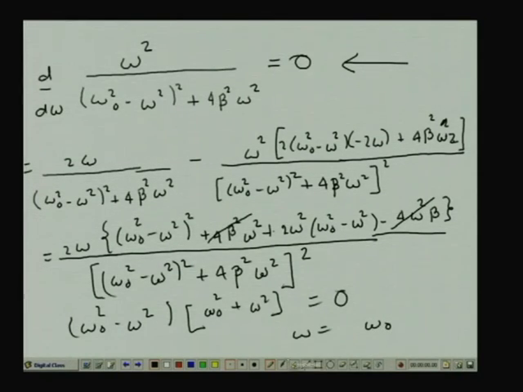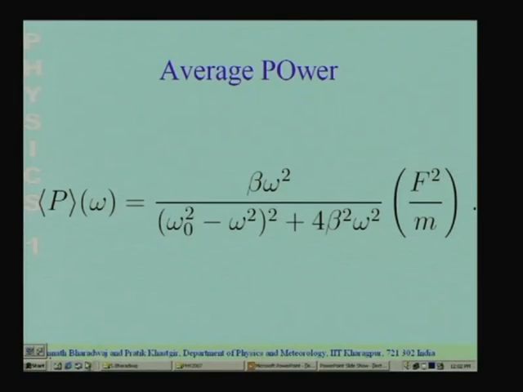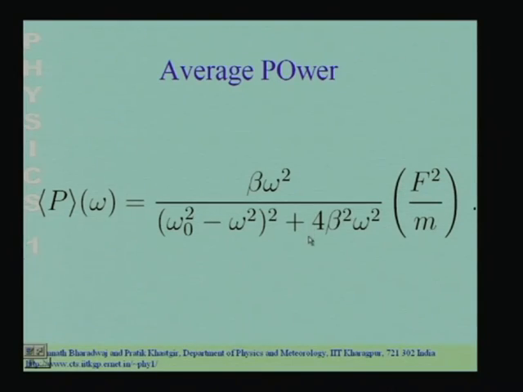So, what we see here is that the peak of this Lorentzian occurs at omega equal to omega naught, and you can check for yourself that the full width at half maxima is 2 beta. You could easily check that this is true only in the weak damping regime. So, in the weak damping regime, the full width at half maxima of the average power of the Lorentzian is 2 beta. So, let me summarize